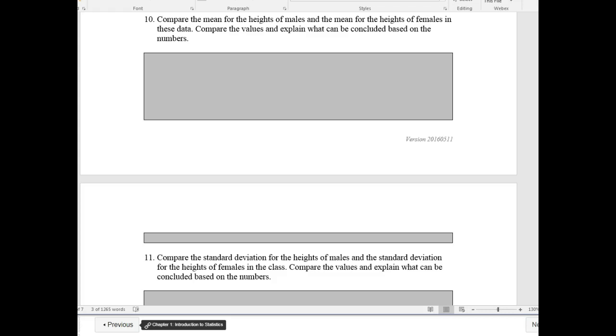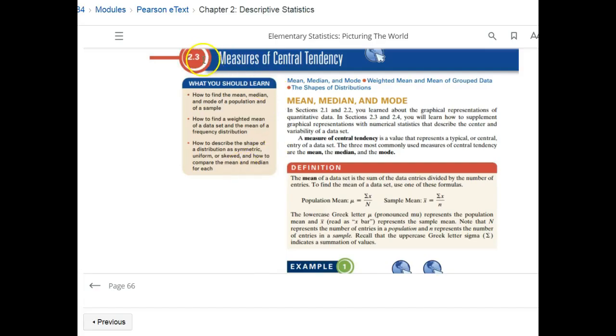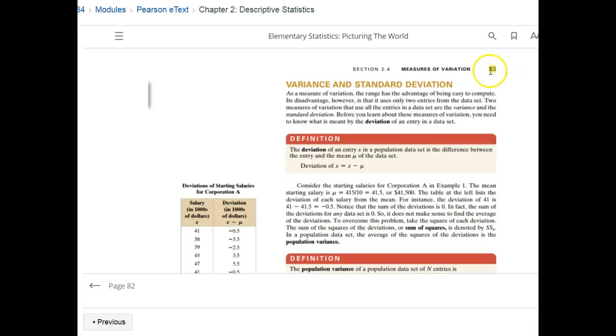So mean is discussed in Chapter 2. And right at the beginning of this section, it talks about how the mean is a measure of central tendency. It's trying to represent a typical or central entry of the data set, and it shows how the mean is calculated. So talk about what those means can tell you,